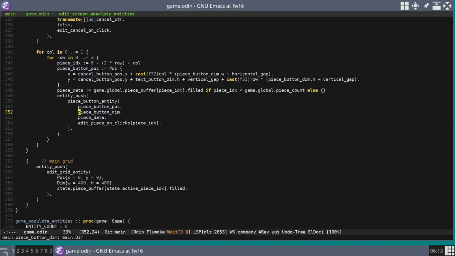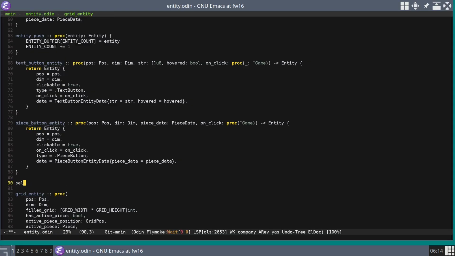In principle, I was always thinking entities kind of know what they're like a thing in the game. I guess this is like selection box, piece button selection box. The alternative is what we do is we say actually that the gap around the piece buttons is part of the button. So in that kind of like CSS flexbox style, we make it padding, not margin, right? We consider it to be part of the entity. I feel like that's also slightly awkward to reason about. I think we're going to add